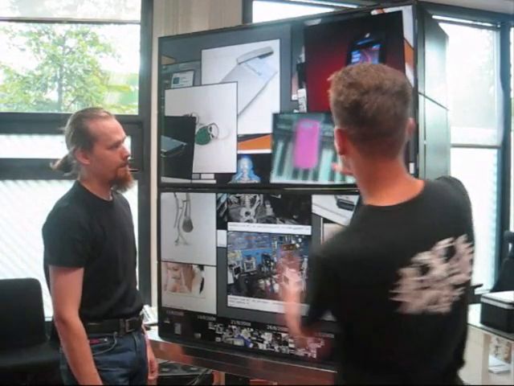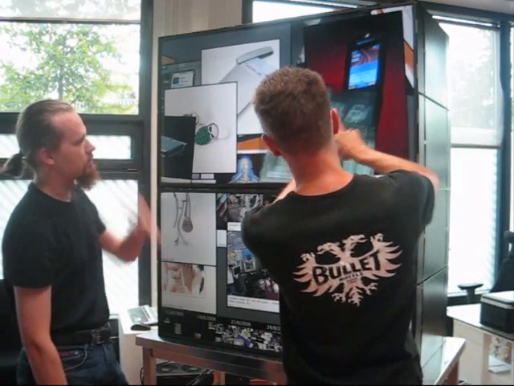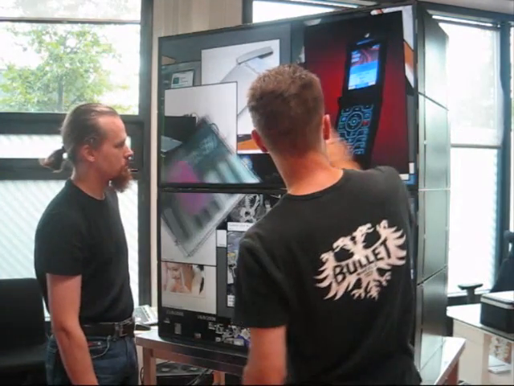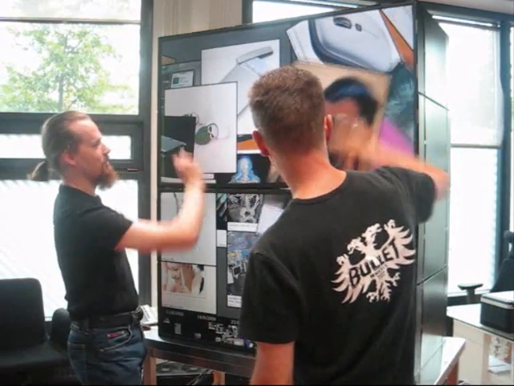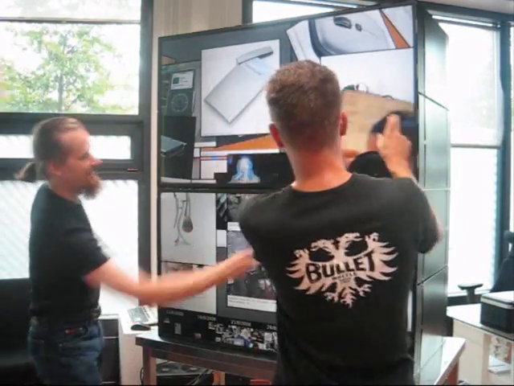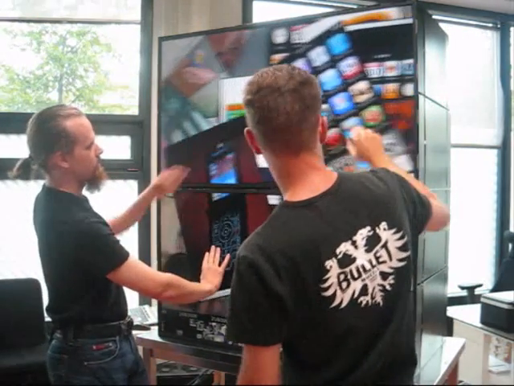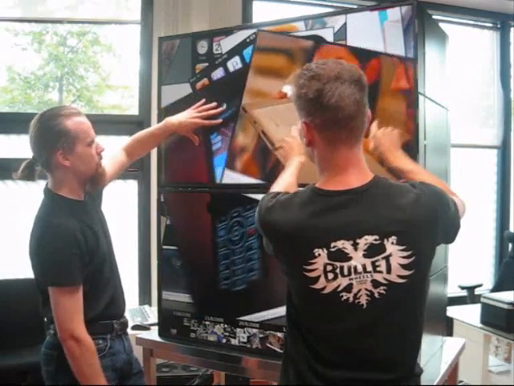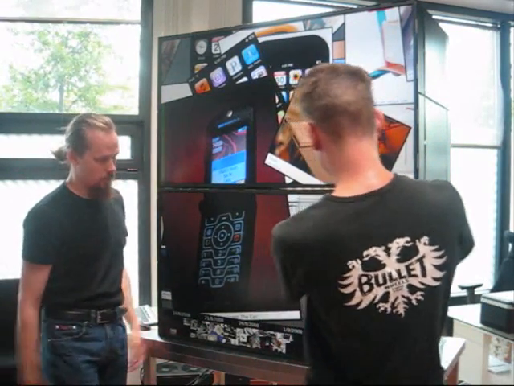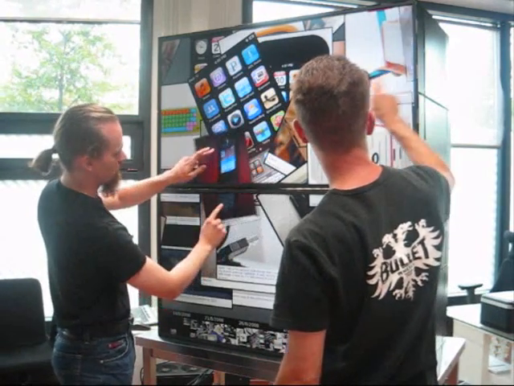And basic manipulation is rotating and zooming in and out, throwing them away. We can also play with them together. Oh, that's nice. So it doesn't really matter if there are many or just one user at the same time. Well, that's one of the ideas, that this is really meant to be a multi-user system. So several people could be using this at the same time,